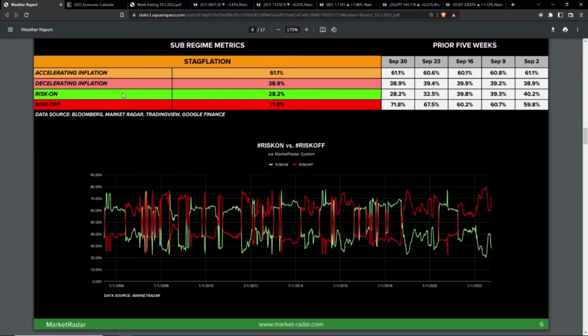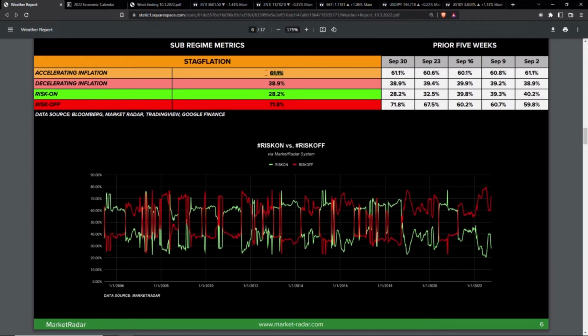So risk on is an environment where pretty much everyone makes money. Risk off is tricky. We're in the risk off regime right now, as you can see. We're at 71.8% right now. Now, these are basically